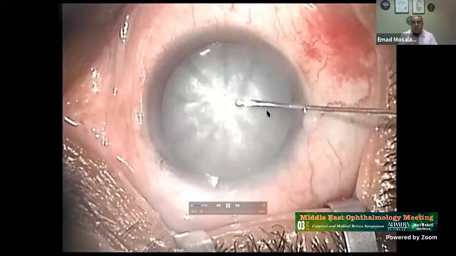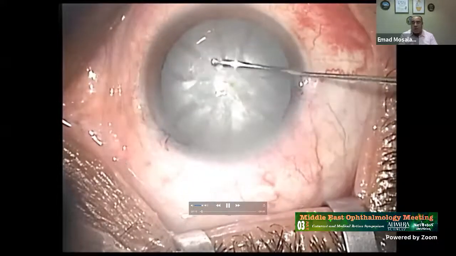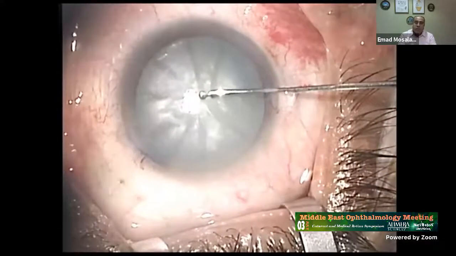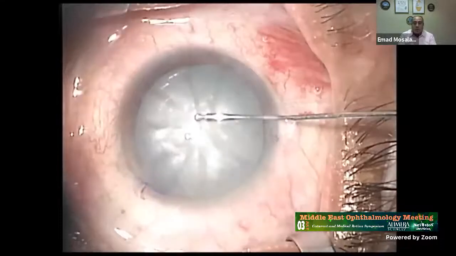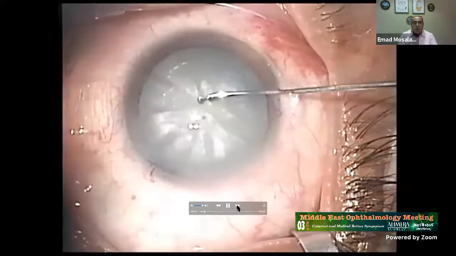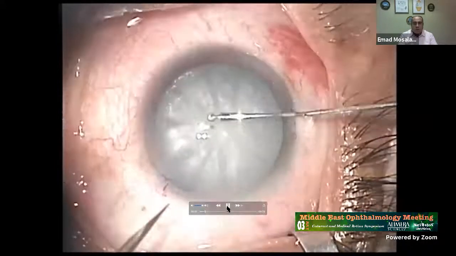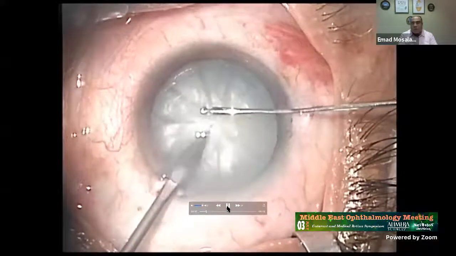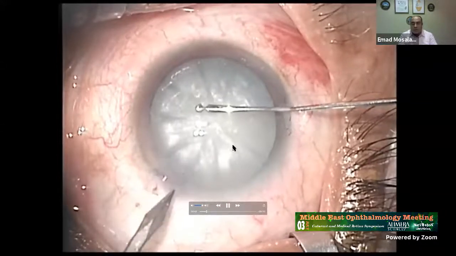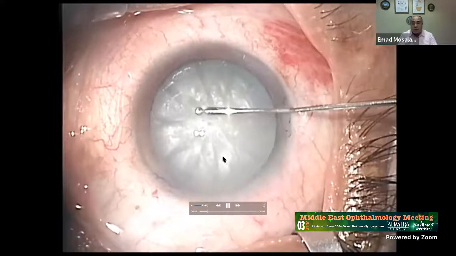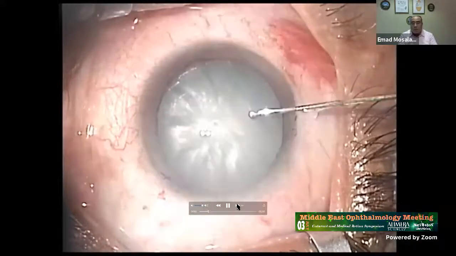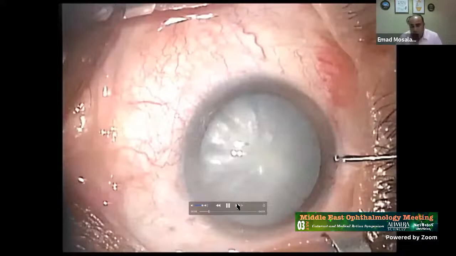We are using this spatula, pressing on the anterior capsule, making the pressure in the anterior chamber bigger than inside the capsule, and we are puncturing using a small MVR, as it's coming now. As you see, we are creating a small hole in the anterior capsule, giving a chance to minimize the pressure inside the bag. And after that, we are doing our normal techniques